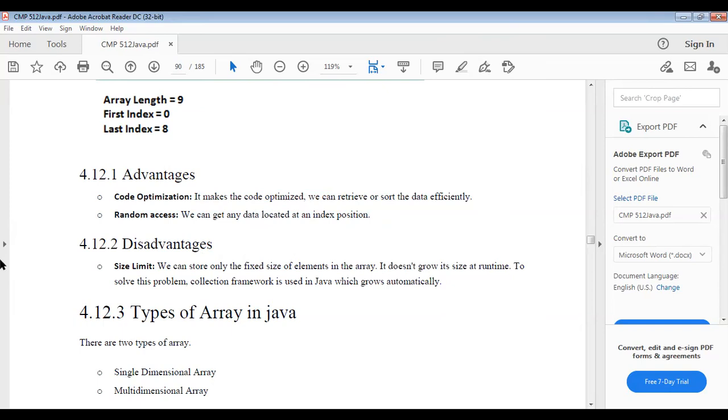We can store only a fixed size of elements in an array, like 10, 15, 100, 1000. It does not grow at runtime because we cannot redeclare the array at runtime. To solve that problem, the collection framework is used in Java, which grows automatically. But an array does not grow automatically.